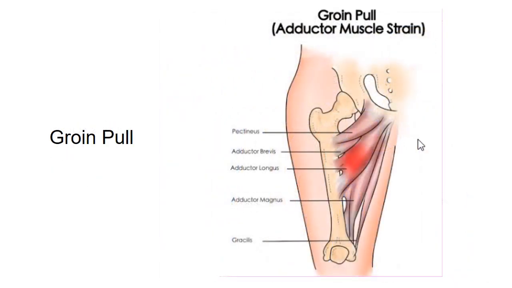The third one is groin pull, or you can say groin injury. Groin pull is basically a strain, stretching or tearing of the proximal attachments of the anteromedial thigh muscles. This injury usually involves the flexor and adductor thigh muscles. This is the proximal attachment of these muscles. This region is known as the groin region or inguinal region, which is located at the junction of the trunk and thigh. That is why this type of strain or injury is known as groin injury.